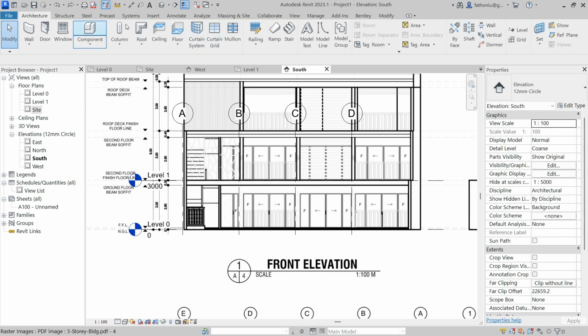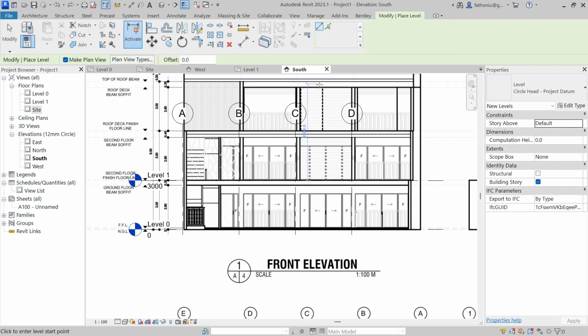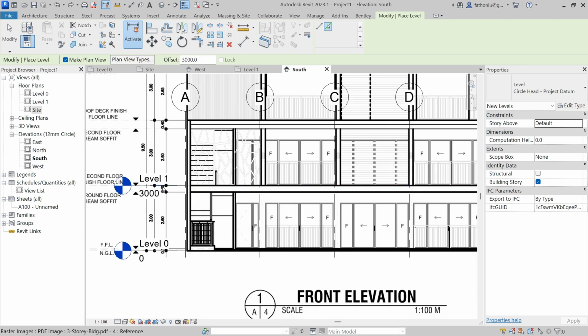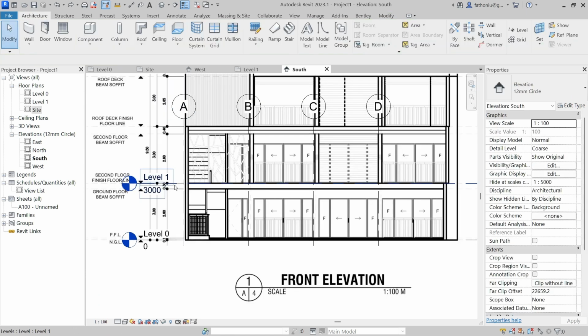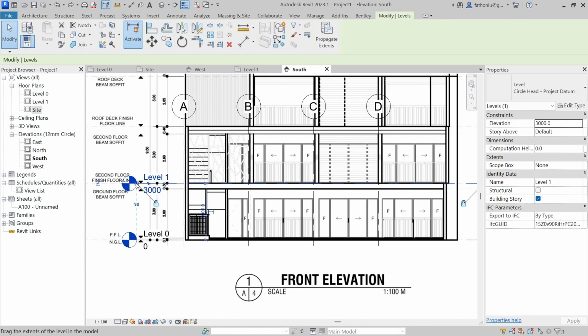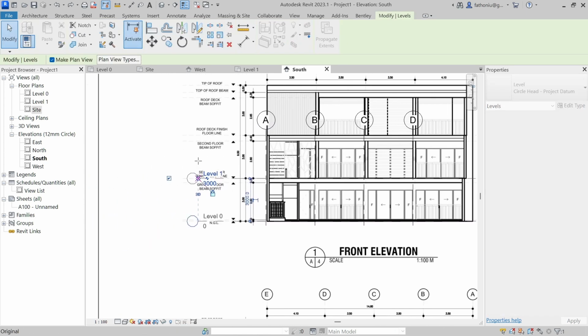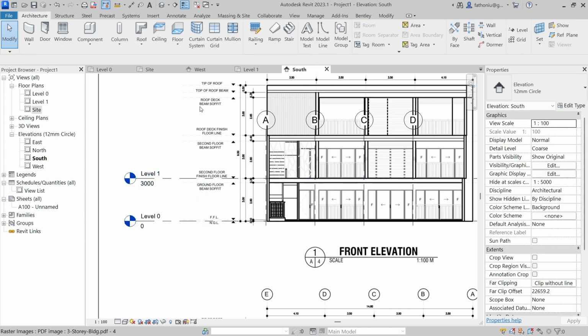So go to level, and then set it to 3000, and then select pick line. Then this the offset cannot see. Let me make it clear. So go further like that. Okay, then